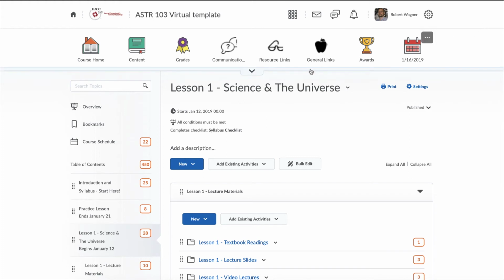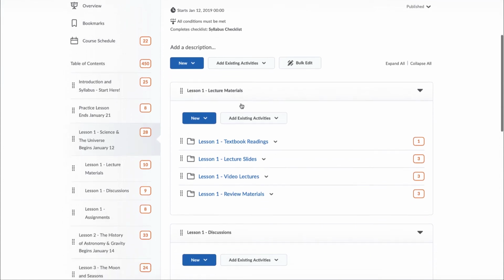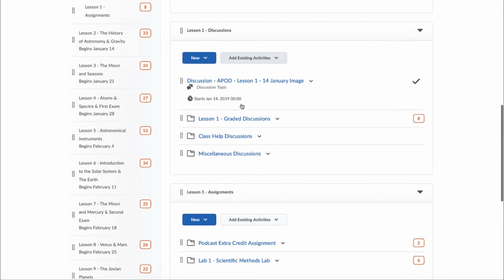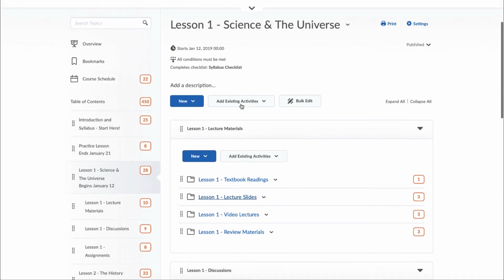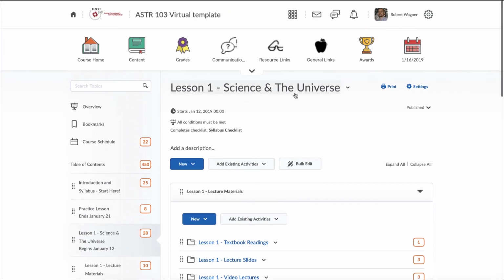So essentially, that is everything that you need for the class. You can access all the lecture materials, you can access your discussions, and you can access your assignments right through each of the modules. So you do not need the other links that you sometimes use to get directly to the discussions or directly to Dropbox assignments or anything else. Everything I've linked to is right in the content, just to make it a little bit easier and organized so you're not searching around or wondering, did I miss anything?